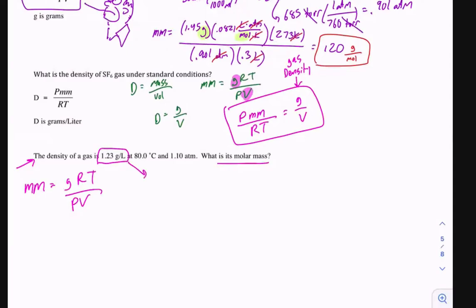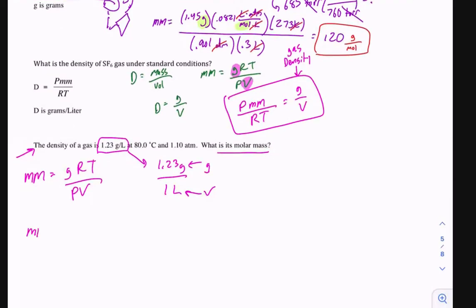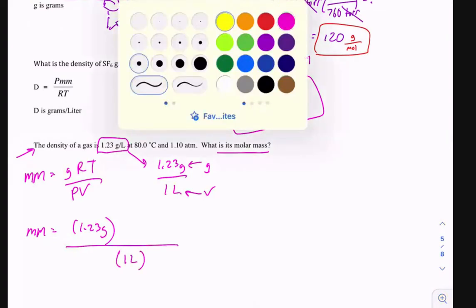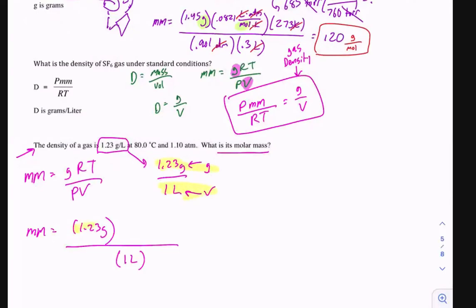1.23 grams per liter means I have 1.23 grams and I have 1 liter, right? So this is G and this is V. So I take those two values and I plug them in. 1.23 grams, 1 liter. Okay, does that make sense? I know it seems like they're only giving you one value, but they're really giving you two for this equation because the volume is 1 liter. All right, but we got to fit in the rest of the stuff. All right, so the value of R